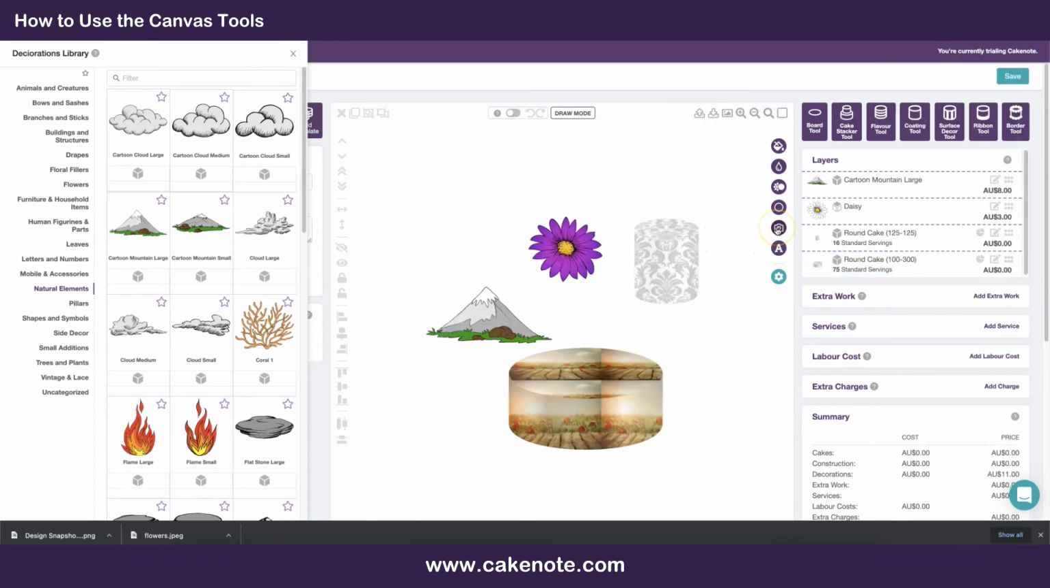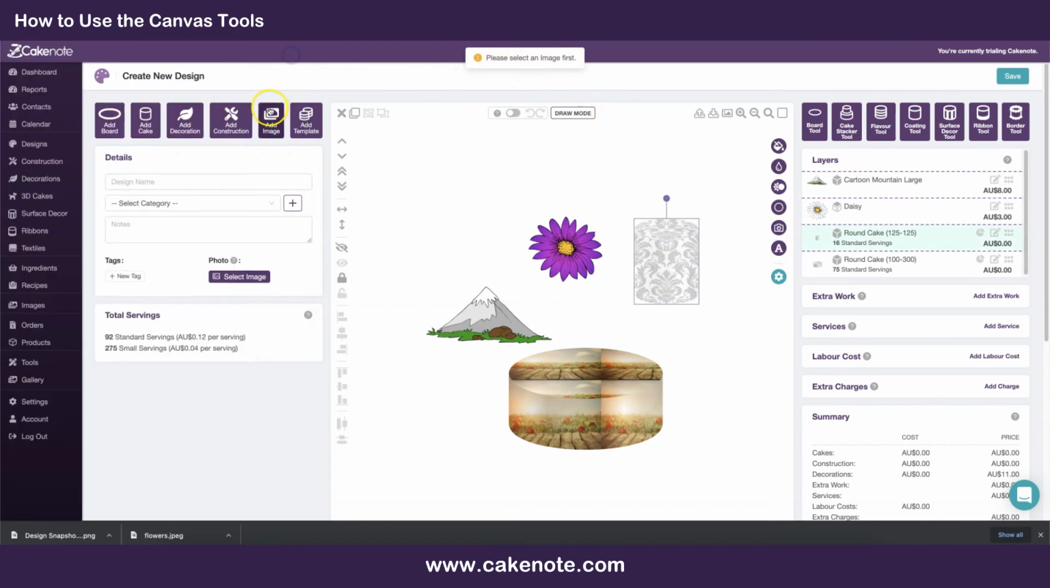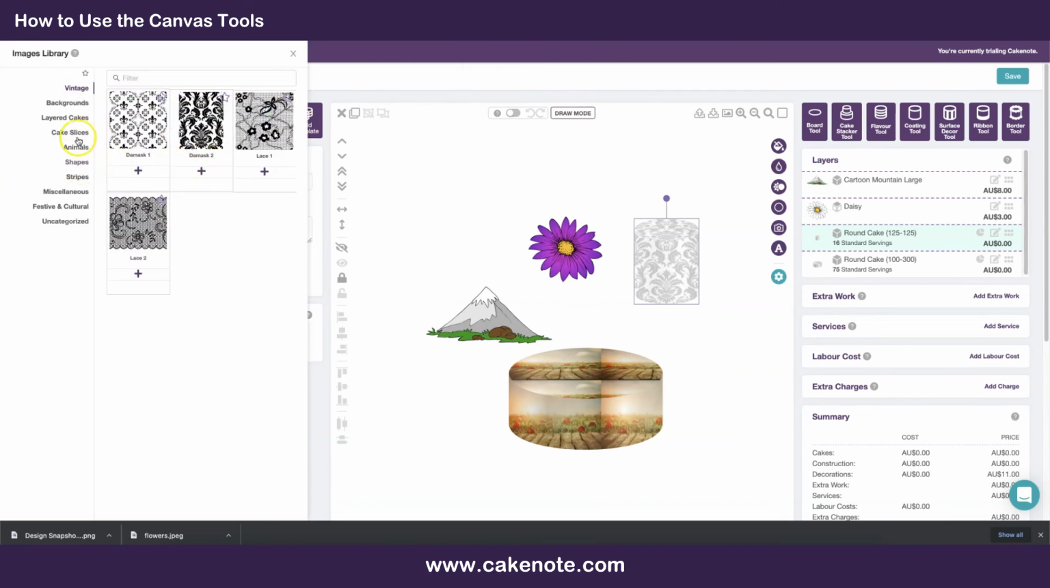This button here is the image effects tool, and it will only work if you've got a JPEG image selected, so none of these objects will work. It'll say please select an image first. So I'm just going to go to the images library and add a JPEG image. It has to be an actual JPEG or PNG file type of image. It won't work with vector images. So if I select this one, for example,